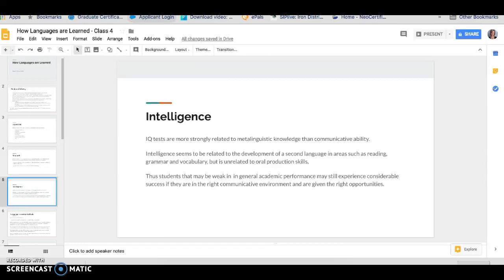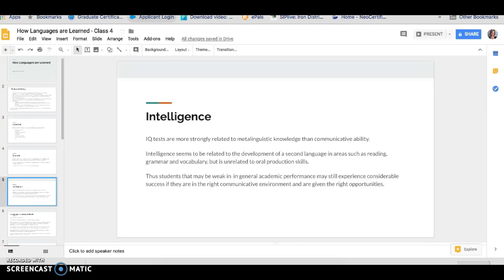We will start our talk about individual differences on intelligence. I'm sure you're familiar with IQ tests. We don't use them as often as they did in the past to judge intelligence, but using them to look at correlations and correlation studies is very common. IQ tests in correlational studies with second language acquisition are more strongly related to metalinguistic knowledge than they are communicative